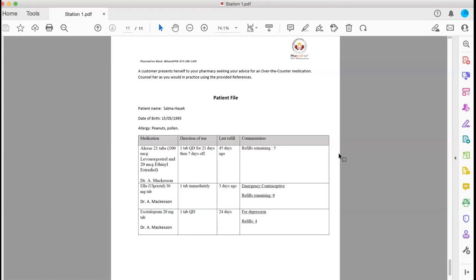But unfortunately, I cannot dispense Ella because it's not an over-the-counter medication. I have to ask for a nurse practitioner or a family medicine doctor to provide a prescription for this. Is it okay for you? Do you have a family doctor or practitioner here? Who prescribed? I can see Dr. McKesson prescribed Ella for you. Yeah, it's my family doctor, but he's not here. He just traveled yesterday, I think.